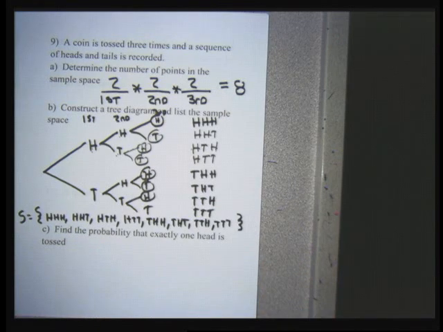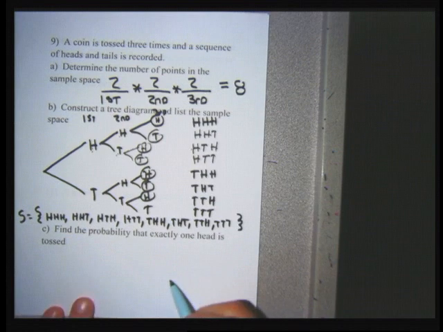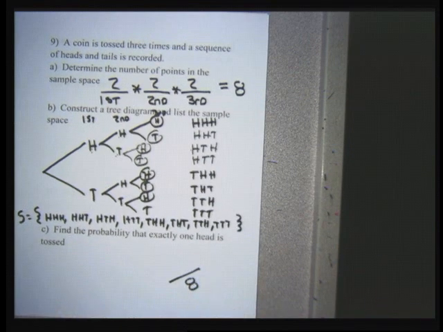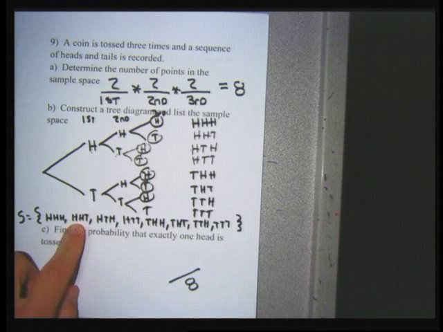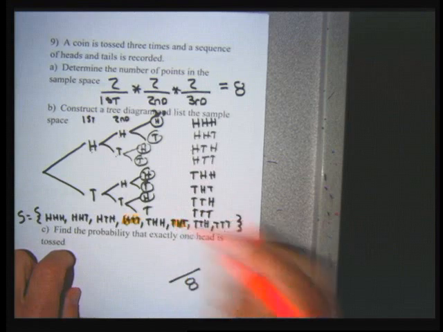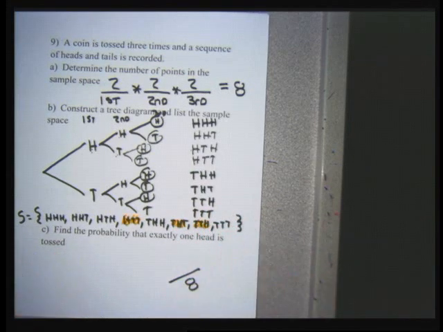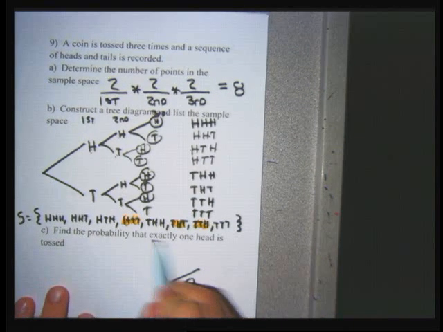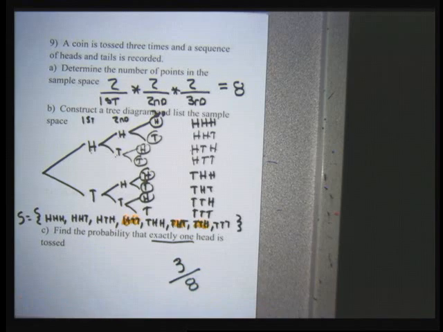So when I go to answer the probability question in part C, because there's 8 elements in the sample space, my denominator is going to be 8. And then the numerator needs to find out anything in the sample space that fits the criteria that exactly one head is drawn. So that's 3 heads, that's no good. 2 heads, 2 heads, there's 1 head. 2 heads, there's 1 head, there's 1 head, there's no heads. The 3 things that I just highlighted, they're the only 3 things in the sample space that have exactly 1 head. The other ones have 0 heads, 2 heads, or 3 heads, and they don't count when I'm trying to find exactly 1 head. So for part C, my answer is going to be 3 and